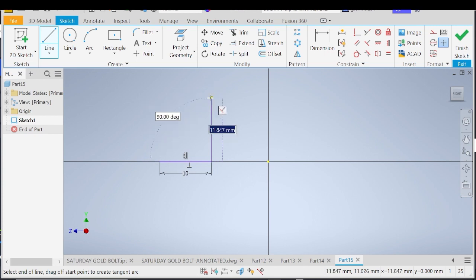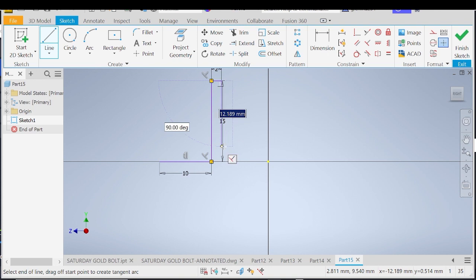So this time round I want us to give it a dimension of 15, and just type in 15 and say enter. So again, move to the horizontal direction, and this time round I want us to give it a dimension of 2. Type in 2 and hit enter, and then now I want us to move downwards,